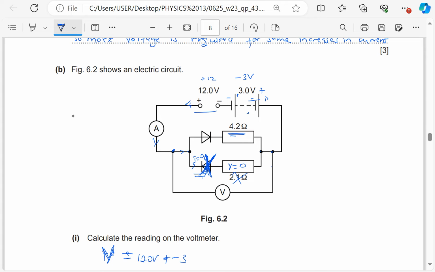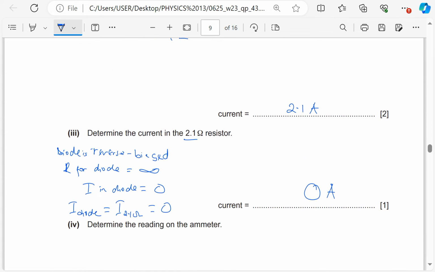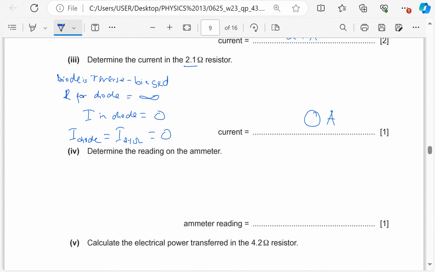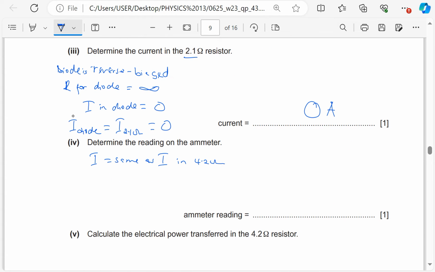So the reading of the ammeter is the same as the current through the 4.2 ohms. The current in the 4.2 ohms was 2.1, so I'll just write here 2.1